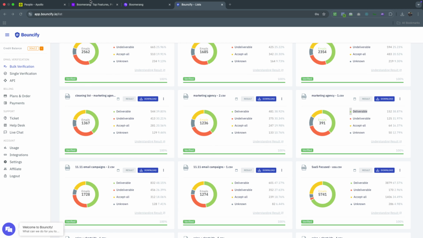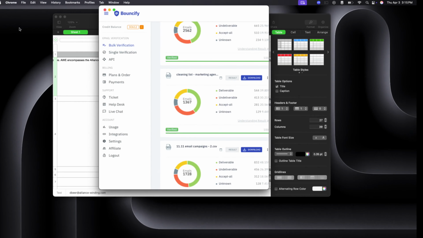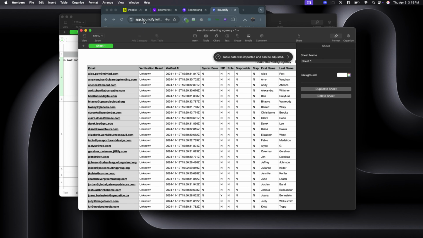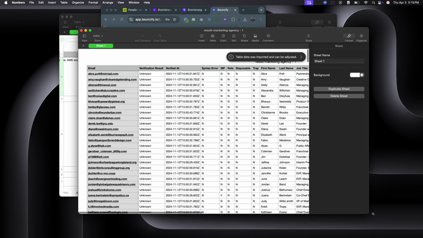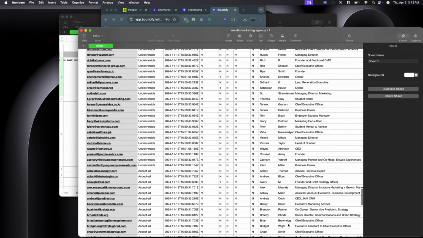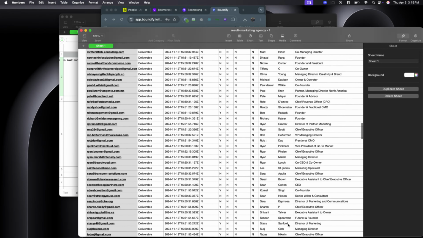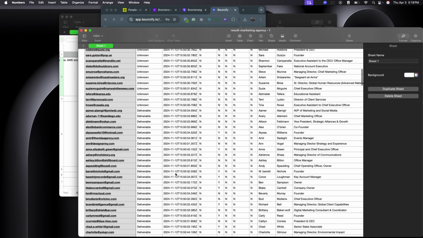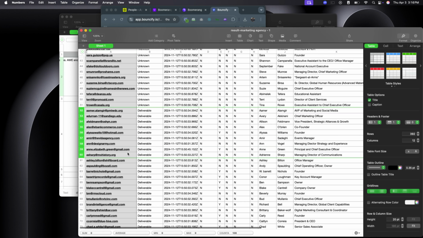Now, how did this file come up? This file came up from different places from the research that we do. We use Bouncify to just verify the email address. It would be complicated for a lot of you, but yeah, this is what it is. Now, I just want to have a file which has deliverable email addresses. Unknown and catch-all is not something I'm looking for.